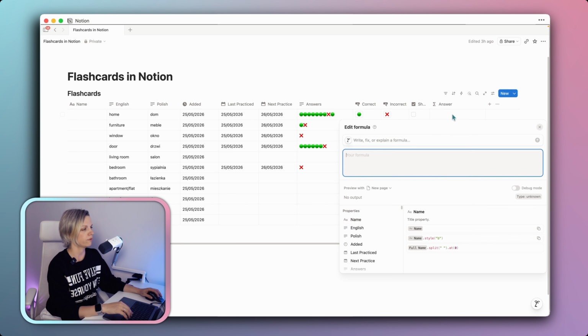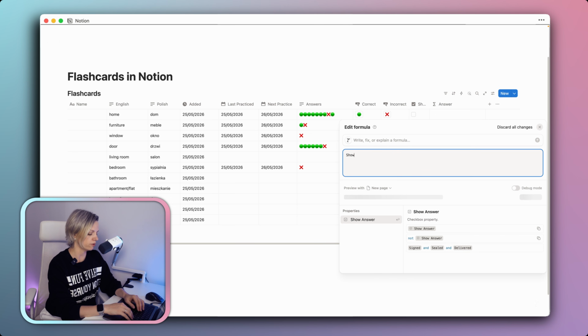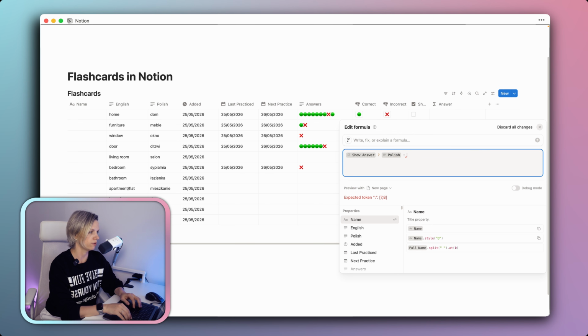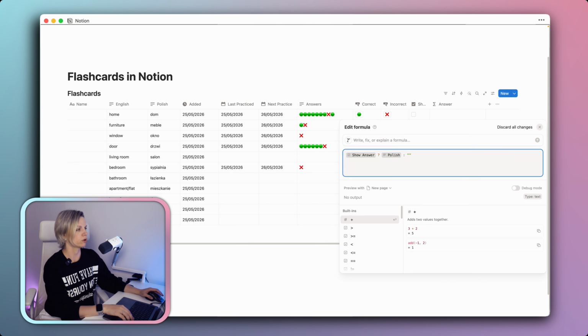And here we will have to put a simple formula which tells Notion that if the Show Answer checkbox is checked, we want to show the answer. In my case, it's the Polish translation. If not, we want this formula to show